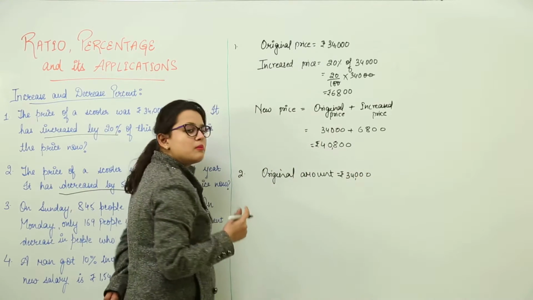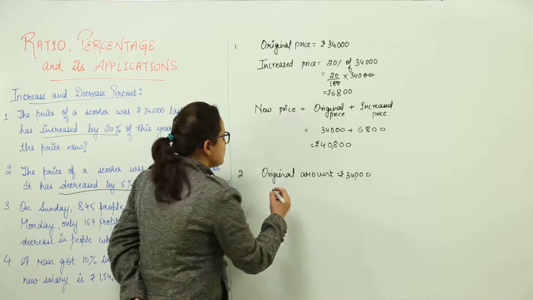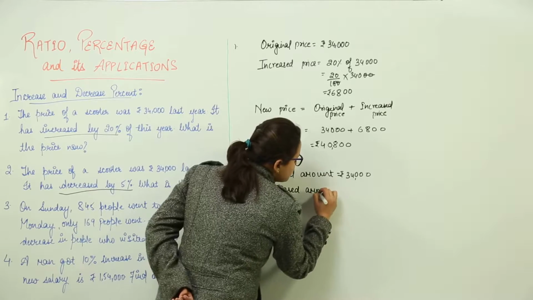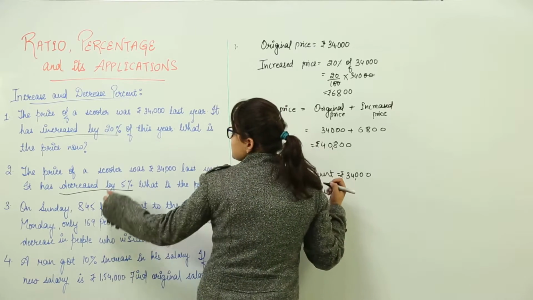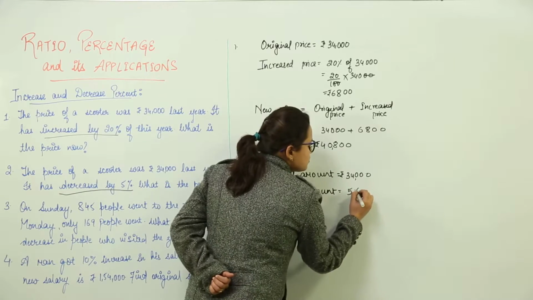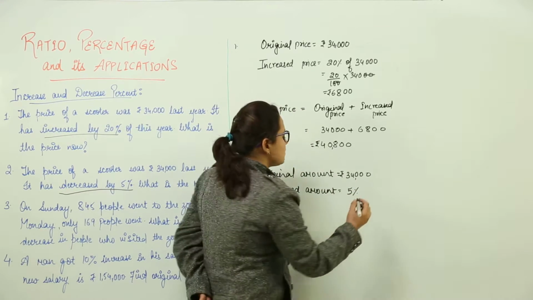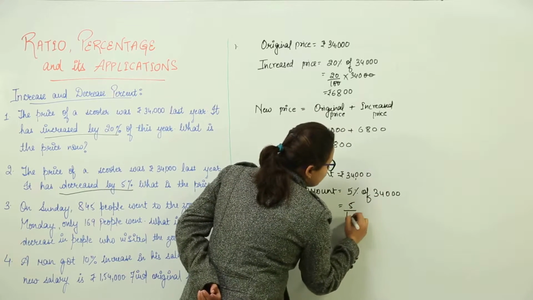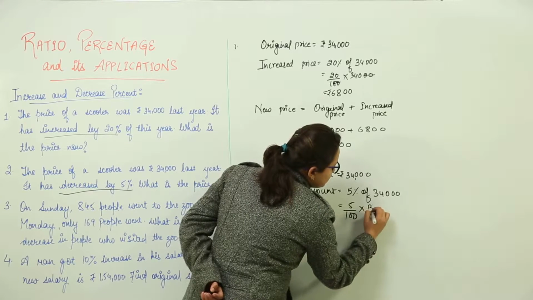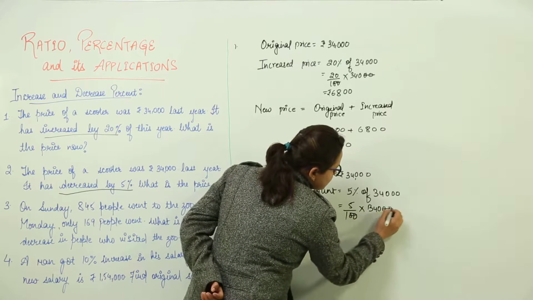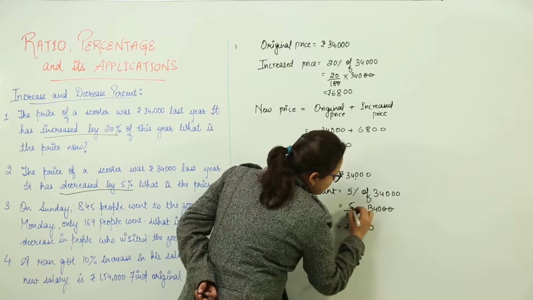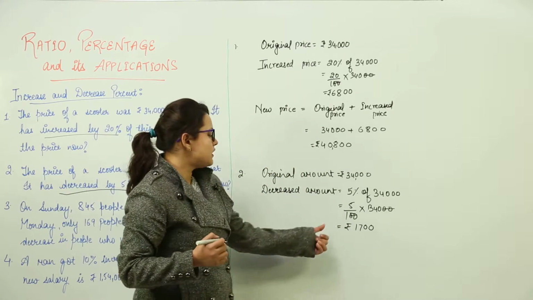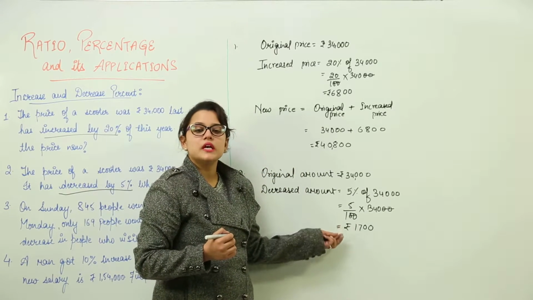Now over here the amount is getting decreased by some percentage. So we will be required to write the decreased percentage. So I will write the decreased amount that would be equal to, how much was the percentage? 5%. So the decreased amount would be 5% of the original amount, that was 34,000. Now to find this out, we would make 5 upon 100 into 34,000. Now the zeros get cancelled. What are we left with? 0, 5 4s is 20, 2 carry, 5 3s are 15 and 17. That means 1,700 is the amount which is getting decreased.